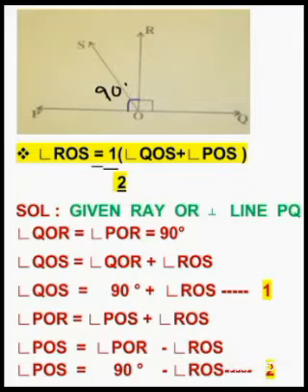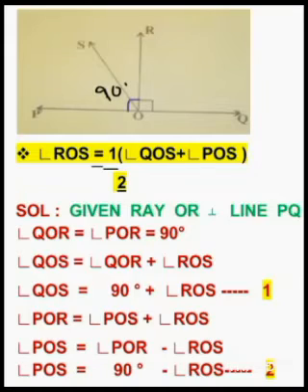Now, again see the figure, children. Next, POR. How can we write POR here? Angle POR, we can write this as POS plus angle ROS, isn't it? So angle POR is equal to angle POS plus angle ROS. Look at the condition again. In the first case, we have found QOS. So next one, what is the POS? We have to write angle POS.